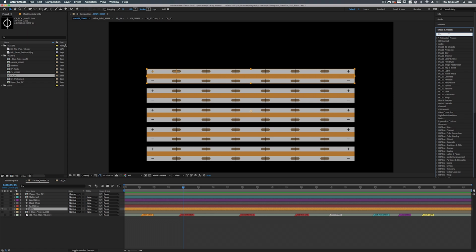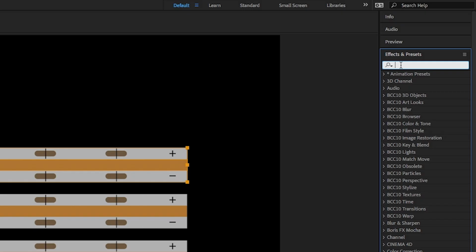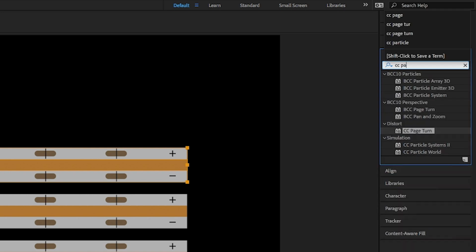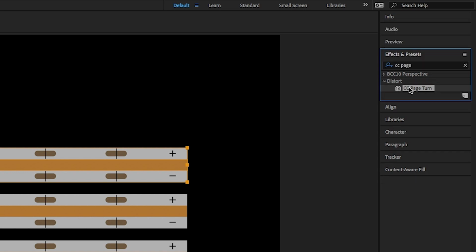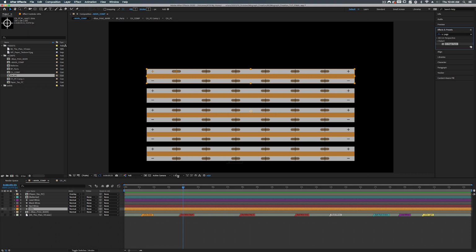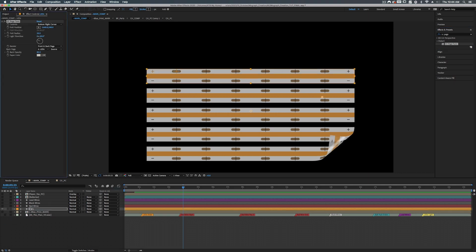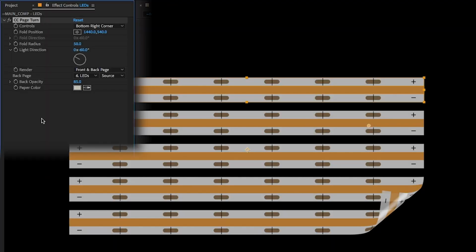So for some of the animations, we're actually going to be using a transition effect. Alright, so let's go up to Effects and Presets and let's type in CC Page Turn. Alright, it's right there under Distort, CC Page Turn. So let's take that and put that on top of our LEDs. Now you can see the little corner right here is kind of folded up. So I'm going to run through some of these settings real quick, just to let you know what they are